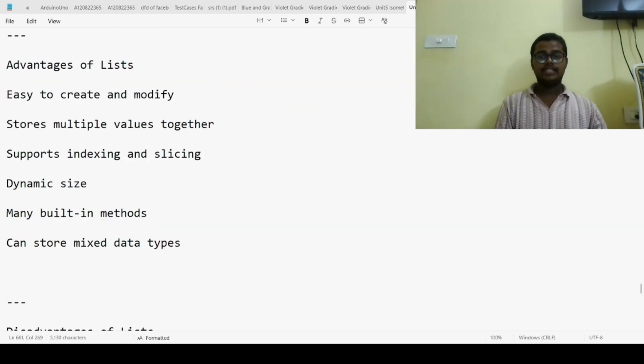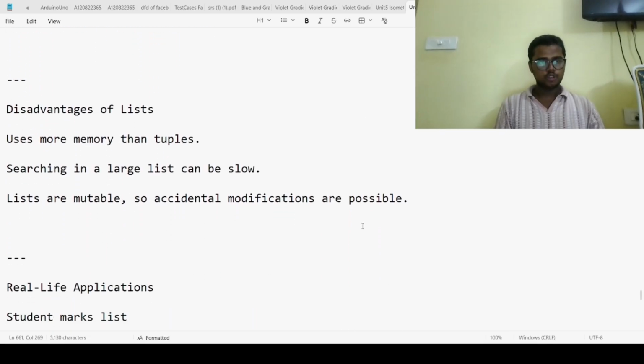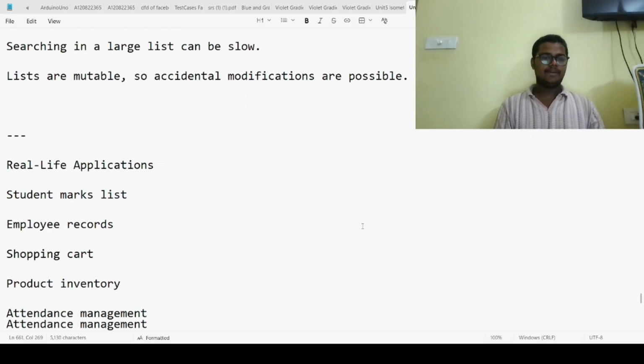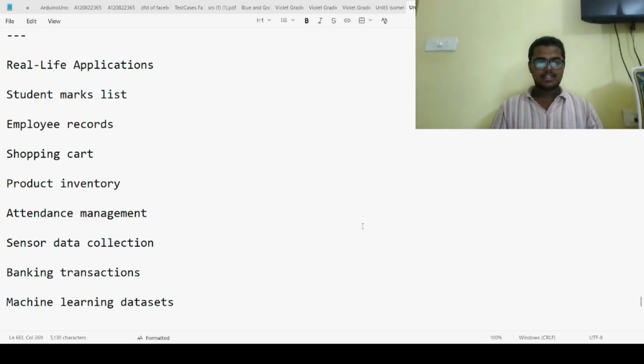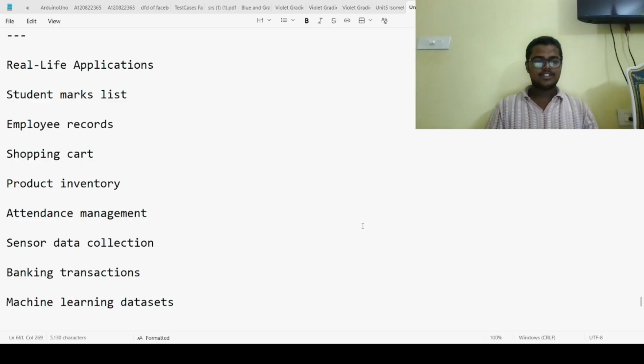Advantages of list. Easy to create and modify. Stores multiple values together. Supports indexing and slicing. Dynamic size. Many built-in methods can store mixed data types. Then the disadvantages of list, that is, uses more memory than tuples. Searching in a large list can be slow. Lists are mutable, so accidental modifications are possible. Real life applications: student marks list, employee records, shopping cart, product inventory, attendance management, sensor data collection, banking transactions, machine